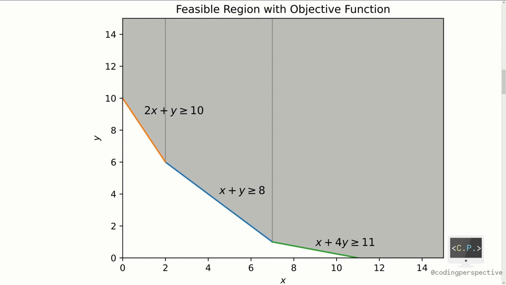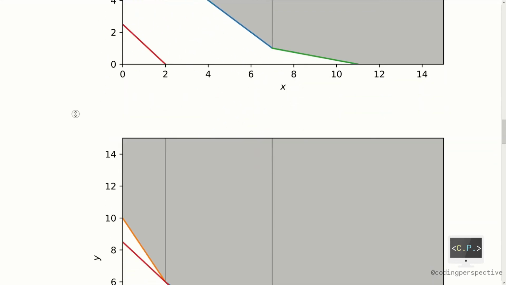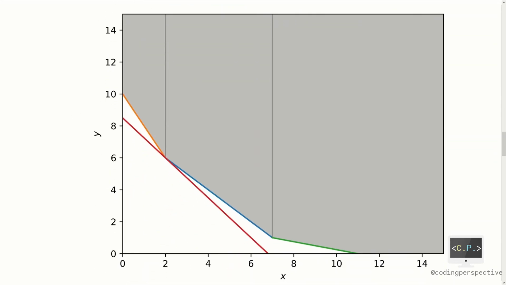Now, we will show our objective function line in the next graph. This graph shows both the feasible region and the objective function line. With the current graph, the solution is not feasible since the objective function line and the feasible region are not intersecting. We aim to intersect both of them, resulting in the minimum objective function value. To do that, we need to pull the objective function towards the feasible region. In the third graph, the objective function intersects with the feasible region. Actually, it is the optimal solution.